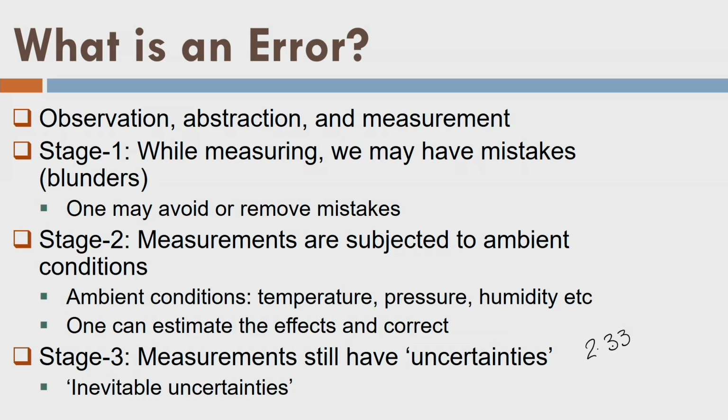Why? There could be a simple example here. Let us say you have a tape which is having centimeter marking, 1 centimeter, 2 centimeter, 3 centimeter and so on, and you try to measure the length of this room with that tape, and the tape shows you, let us say, this measurement 2.33. Let us say this is the tape here and it is showing here 2.34. If you measure the length of the room and the room length is coming somewhere here,